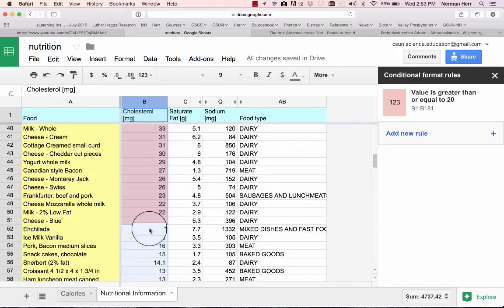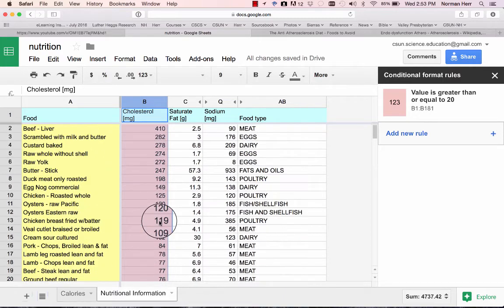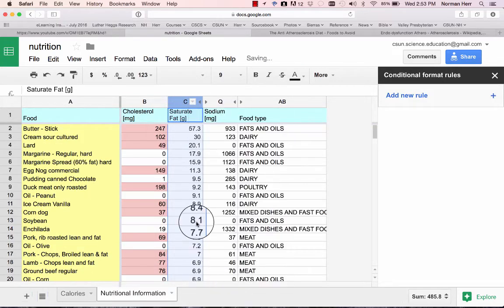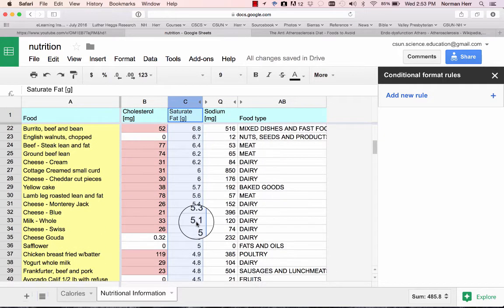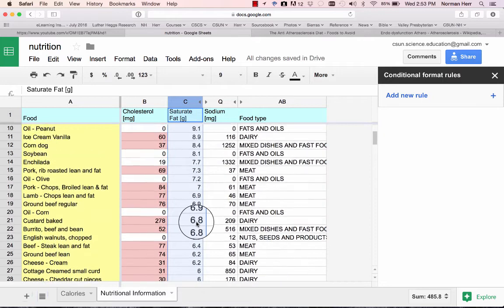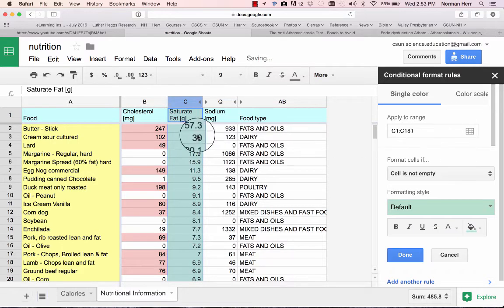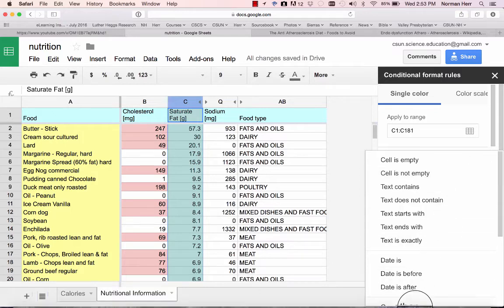If we scroll down, you'll notice that there's the division between 19 and 21. Similarly, if you look at the saturated fats, we're going to sort this column here from high to low, and as we scroll down here, we'll say, again arbitrarily, anything greater than 5 grams per serving size is something we should be concerned with. So we'll add another rule here, and this is now applying to the saturated fats column, and we'll say if the value of this